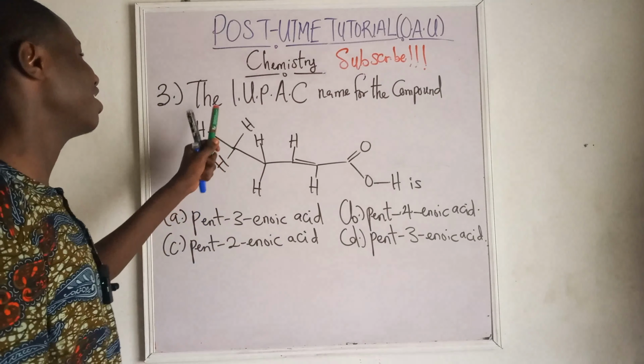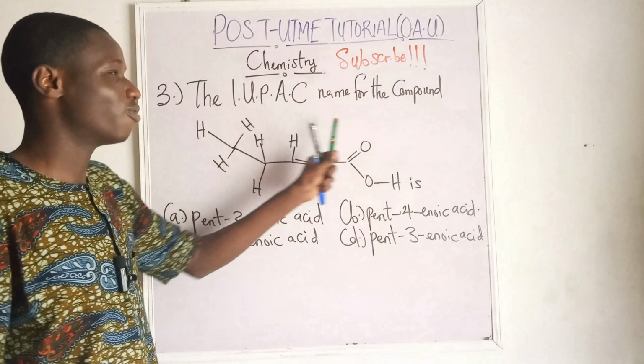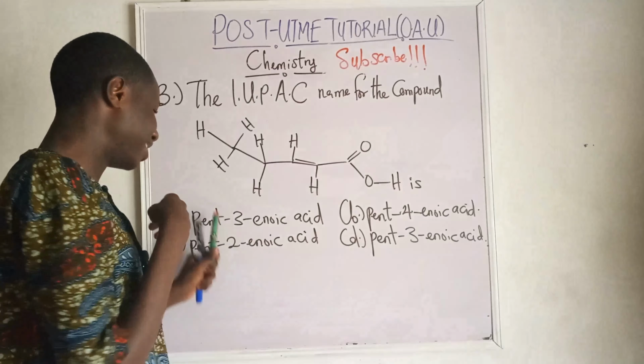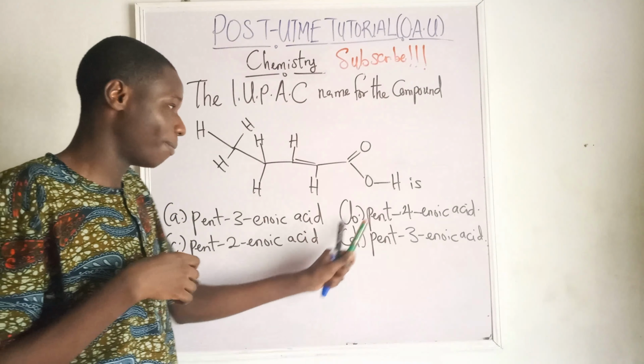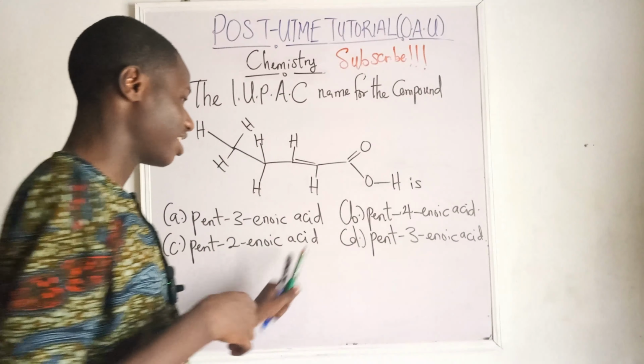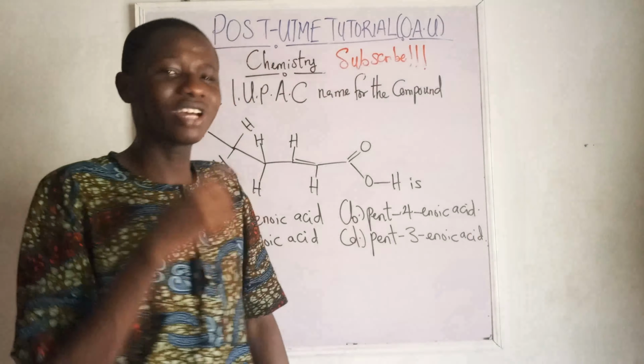Now the question here says the IUPAC name for the compound. This compound is pent-3-enoic acid, pent-4-enoic acid, pent-2-enoic acid, or pent-3-enoic acid. Now looking at this question